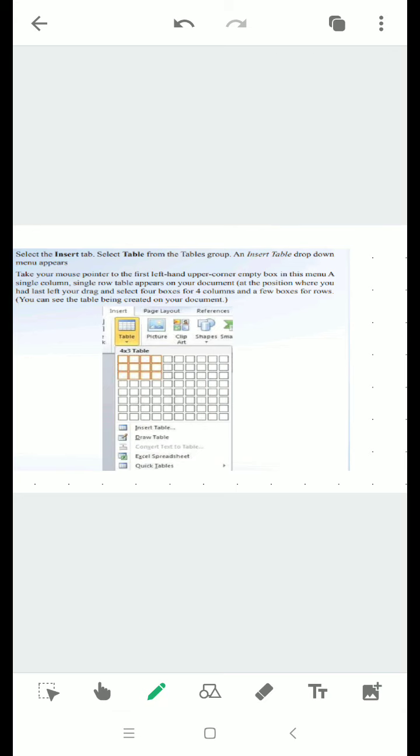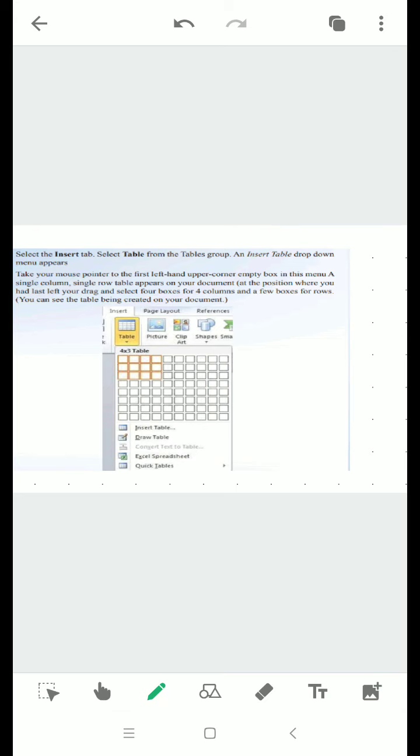Tables. Creating a table. A table is nothing but organized arrangement of text in the form of rows and columns. The intersection of a row and column is called a cell. The horizontal ones are known as rows and the vertical ones are columns. And it is a very efficient and useful way of organizing and presenting a large amount of information.